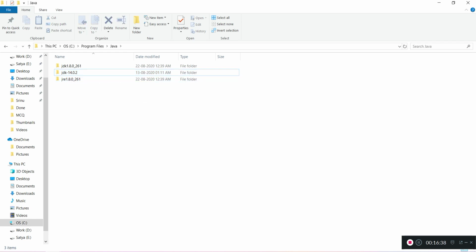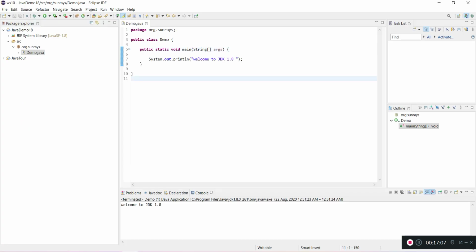Apart from that we have seen how to set path in environment variables, and we have seen from the command prompt javac version as well as JVM version, Java version. Both we were able to set, and also we have seen how to set JAVA_HOME. And from Eclipse, we ran a simple hello world program, and we were able to execute using JDK 1.8. For that we have set the JDK path as well in Eclipse.